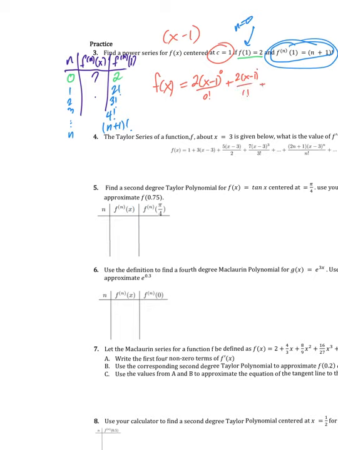Plus, and I just wrote 2 instead of 2 factorial because 2 is 2 factorial. So plus 3 factorial times x minus 1 squared over 2 factorial. Plus I'm going to bring my general term in on the next line where I clean this up a bit. So f of x is going to be 2 plus 2 times x minus 1 plus 3 factorial over 2 factorial is just going to be 3